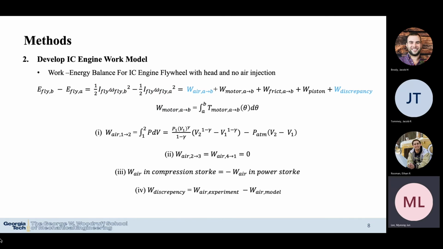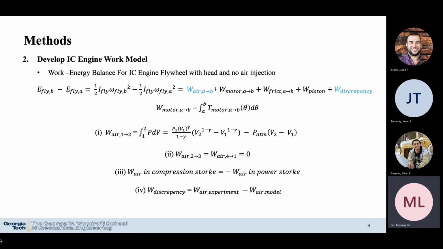In the next round, to find the work done by the air, the head is now attached to the engine, but the air is still not injected. Without the injection, the work done by the air can be calculated by summing the work done in the compression stroke and the power stroke. Equation 1 can be used to calculate the work done in the adiabatic power stroke from engine piston position 1 to 2. Equation 2 can be used to calculate the work done in the intake and exhaust strokes, which are 0 due to